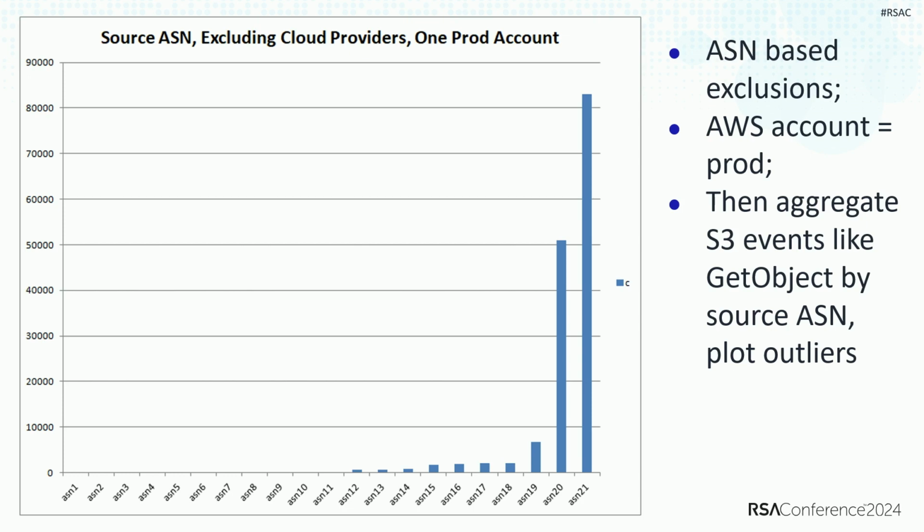And if we exclude those, and then focus on, say, just a production account to start with, because dev test accounts tend to have a lot more variability and variance. Production tends to be more predictable in that it tends to behave similarly over time, and not always. There are always new behaviors as automation and infrastructure as code change, but it's less unpredictable than dev test. But also the production account is probably where the data lives that we're most concerned about. Not necessarily, but probably.